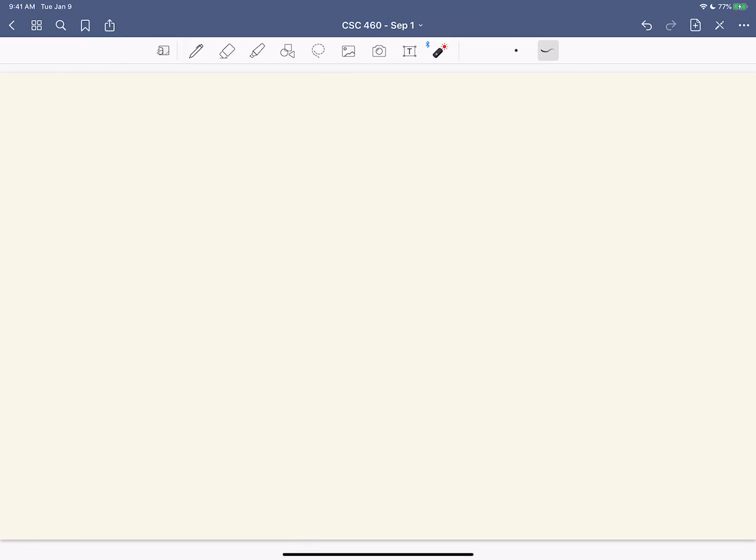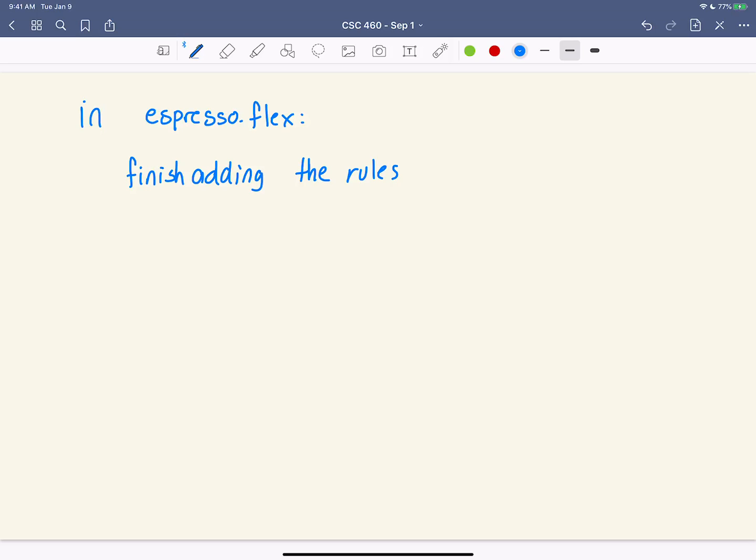So now step 2 here is, in espresso.flex, finish adding the rules. So if I have over here, I figured out that this guy here is LT, this one is GT, etc. Then I can just go in here and make these rules.